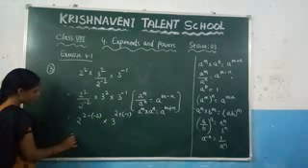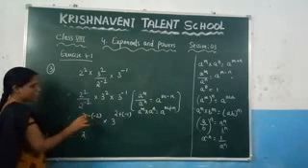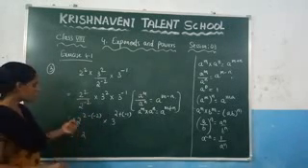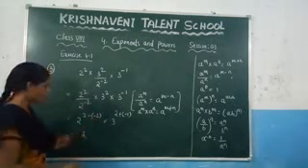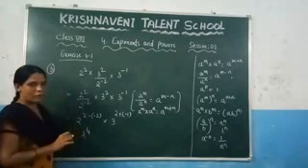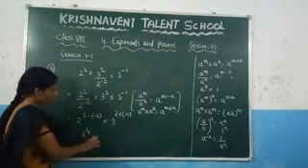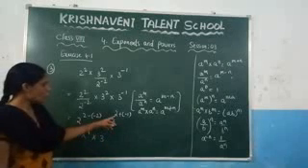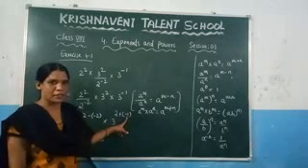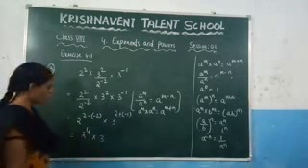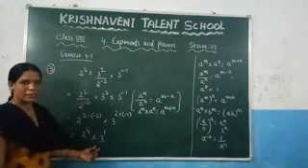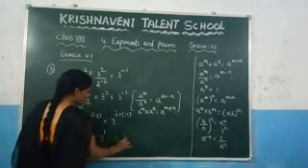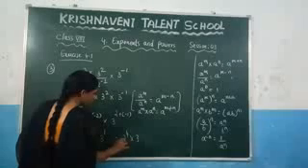Now here you can write this one as minus into minus, which is nothing but plus. So you will get 2 plus 2, which is nothing but 4. So you will get here 2 power 4 into 3 to the power of, what is the value of plus into minus? Minus 2 minus 1, which gives you 1. So here you will get 1. So what is the value of this one? 2 power 4 into 3.